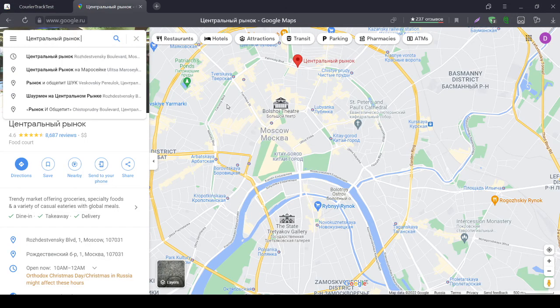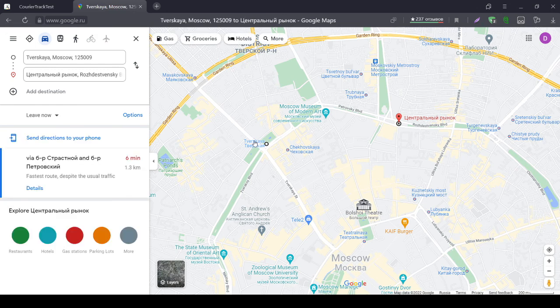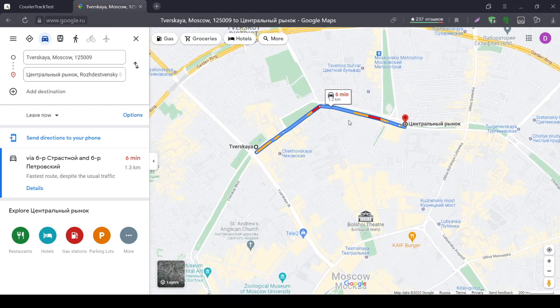An important thing I want to note is that all the distances are in meters, but of course it doesn't count roads or traffic jams. It does this only mathematically with a formula between 2 points, given the bend of the globe. Because of that, distances won't be accurate, but they will approximately show the practical distance. Let's try to measure the distance between Tverskaya station and Central Mart. So including the roads the distance becomes 1.3 kilometers, and if you remember, the component shows